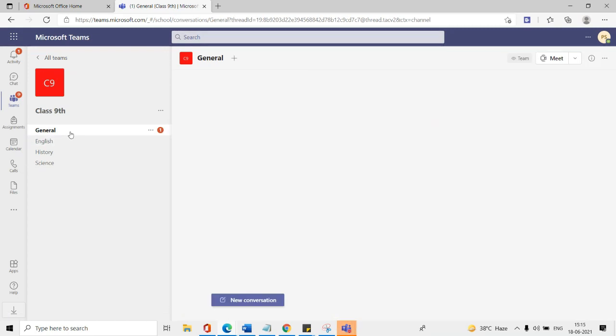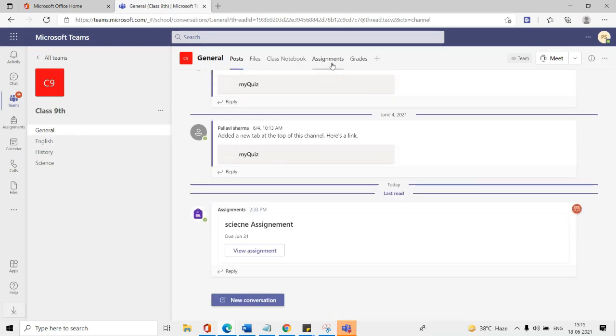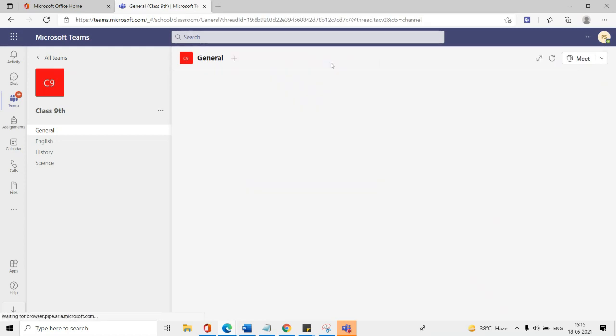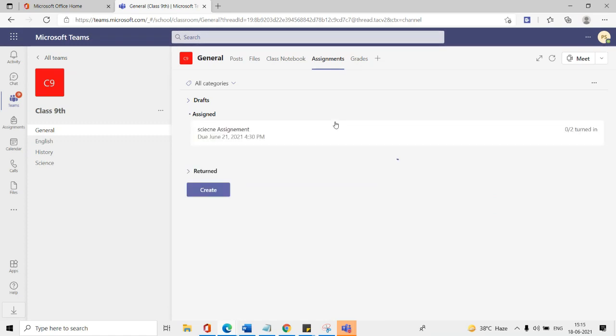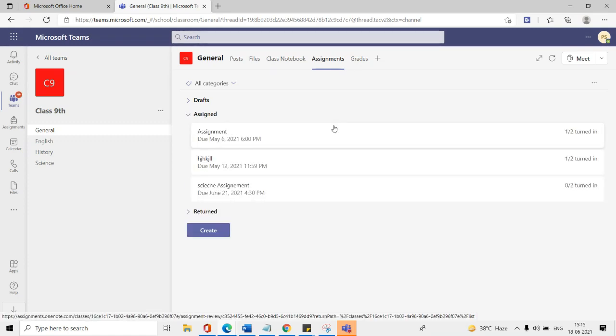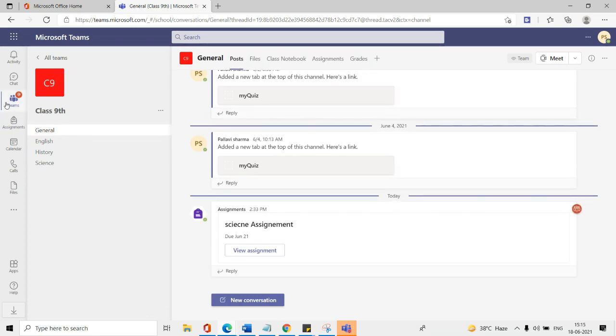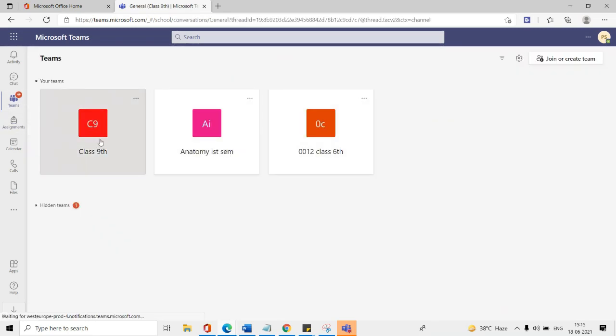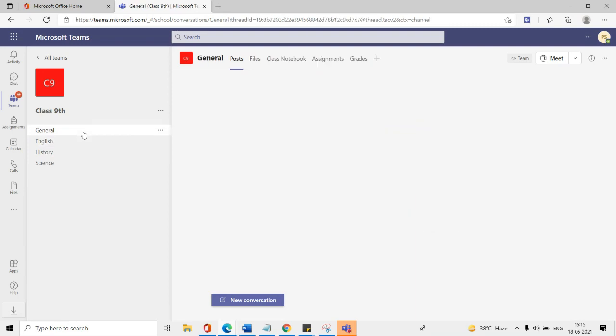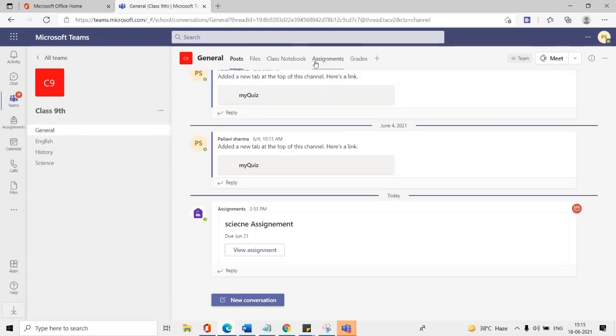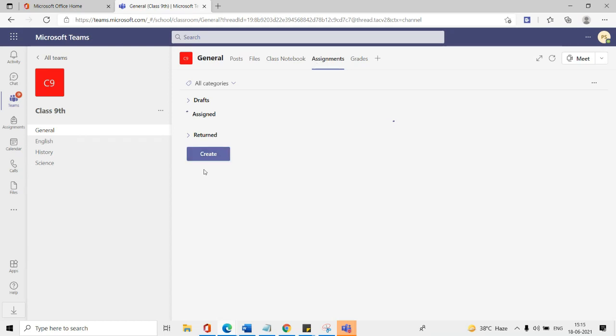Next thing is assignment. So your faculty also shares any assignment in the assignment tab, right? So you can go to the assignment tab here, right? And you can find as many assignments as are available, right? How can you find them? Again, I'm repeating from the beginning. You can go to the class, right? Go to the assignment tab, right? And find all the available assignments in that tab, right? So this way it will work.